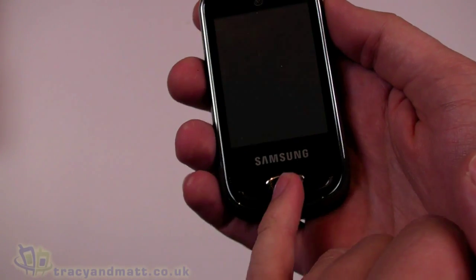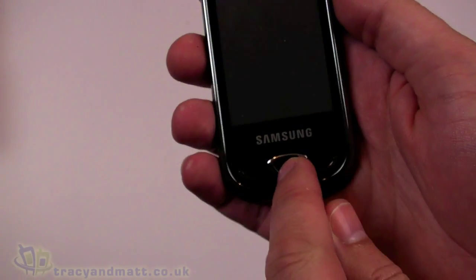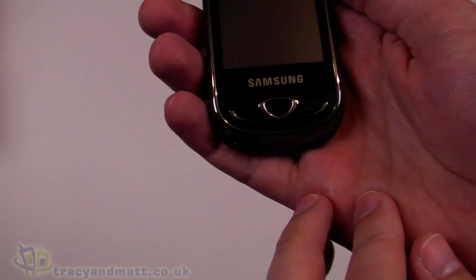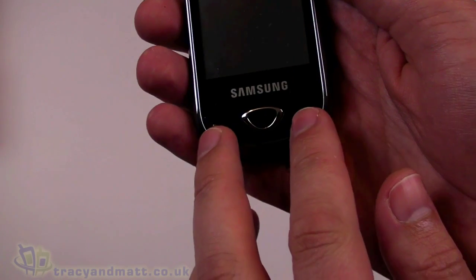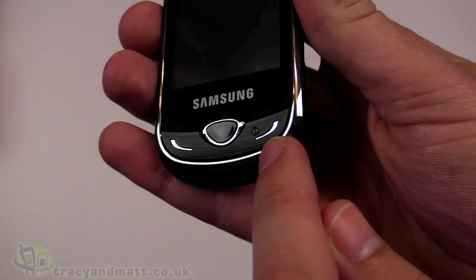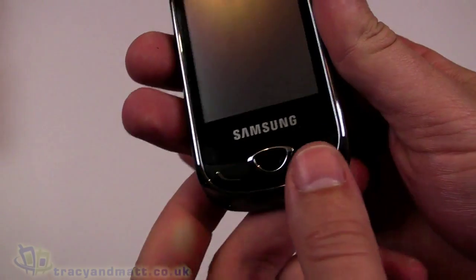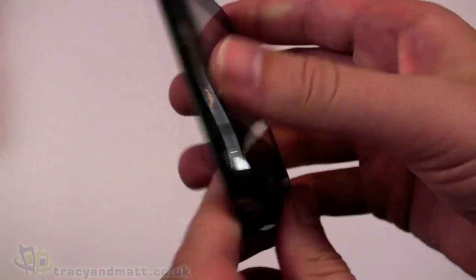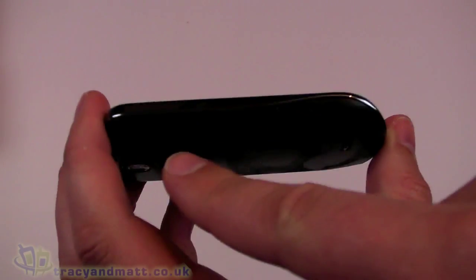Underneath the screen you have what looks like a D-pad, but it basically is just a push button. It doesn't go up, down, left or right. It's not a navigation key. On either side we have the phone keys, one for answer and one for hang up, and the one on the right hand side doubles up as the power button. Let's just hold that down and start that up,